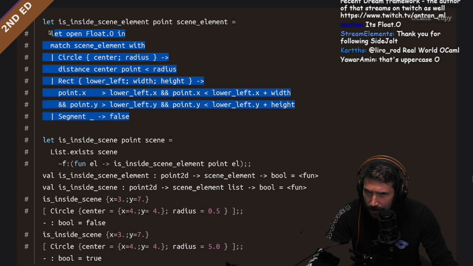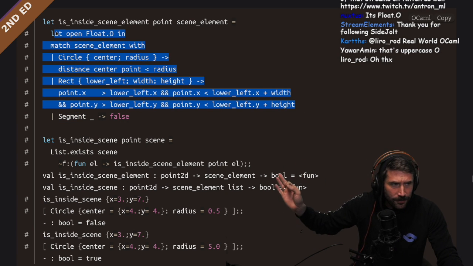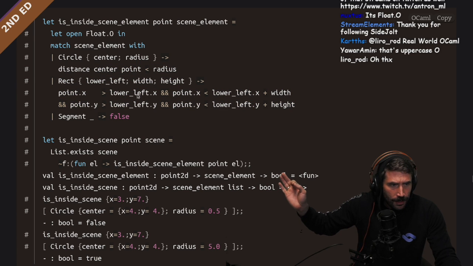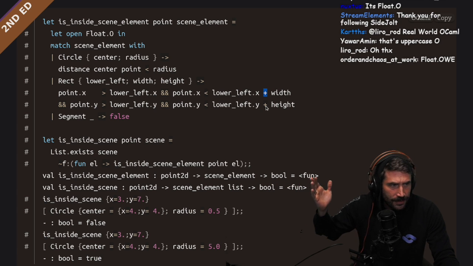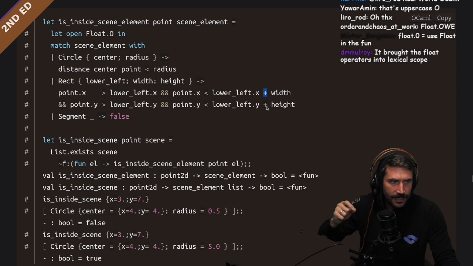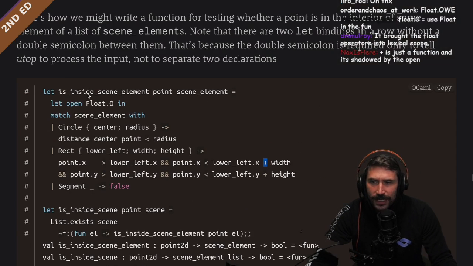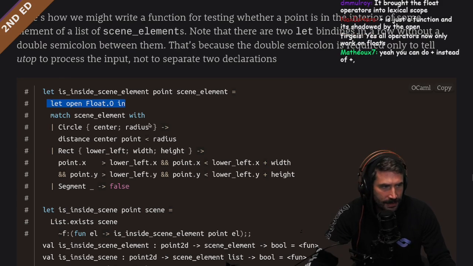Is that how the plus operator works? Am I saying this correctly? Since we opened Float.O, that is the equivalent of plus dot, right? It brought the float operators into lexical scope. Nice. Okay, so that's why you do these kinds of let open ins.